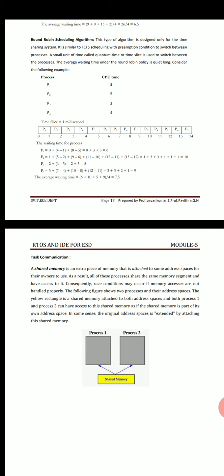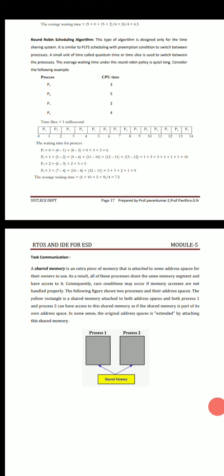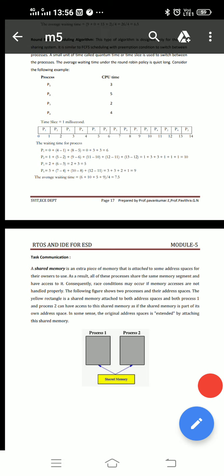The waiting time for P1, which is scheduled between 0 to 1, between 4 to 5, and similarly 8 to 9, can execute its process only in that particular time. So it will become 0 plus 4 minus 1 plus 8 minus 5,